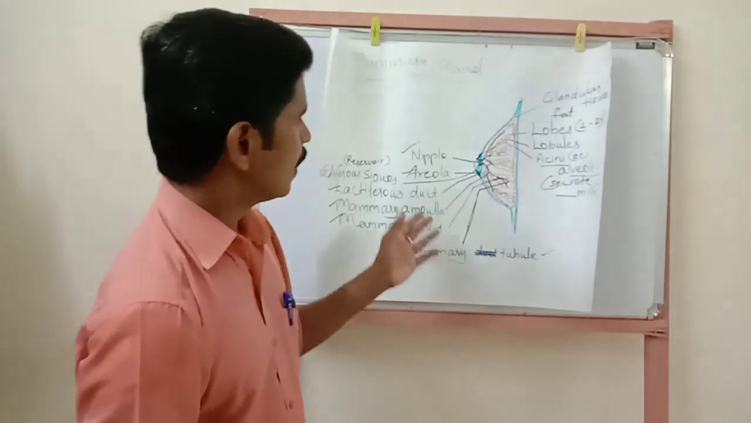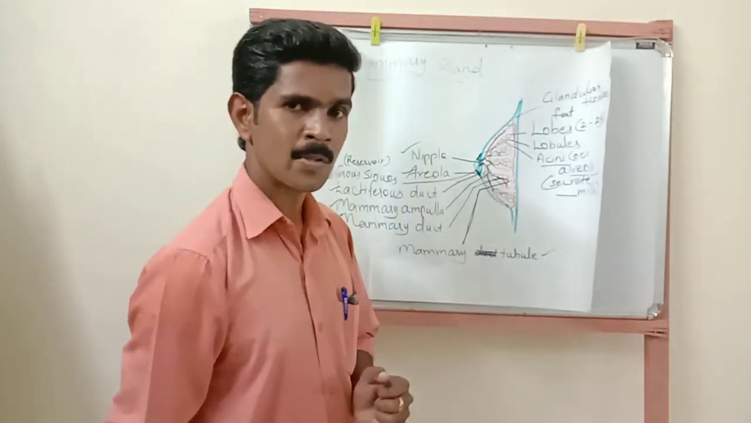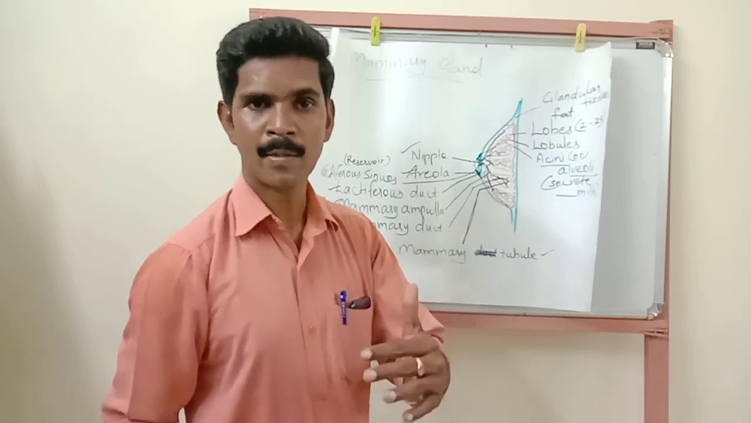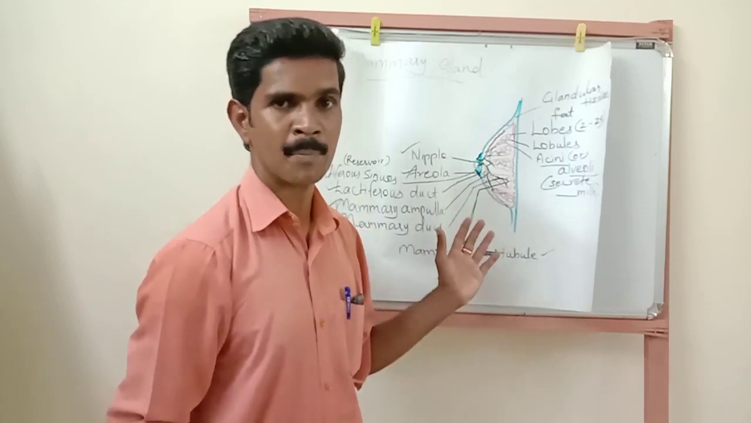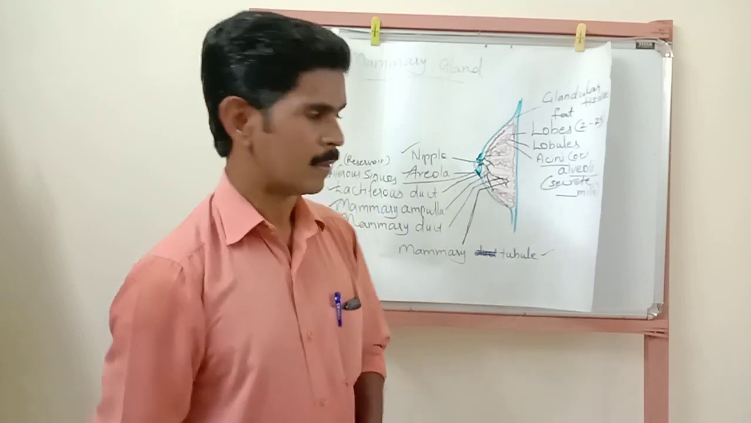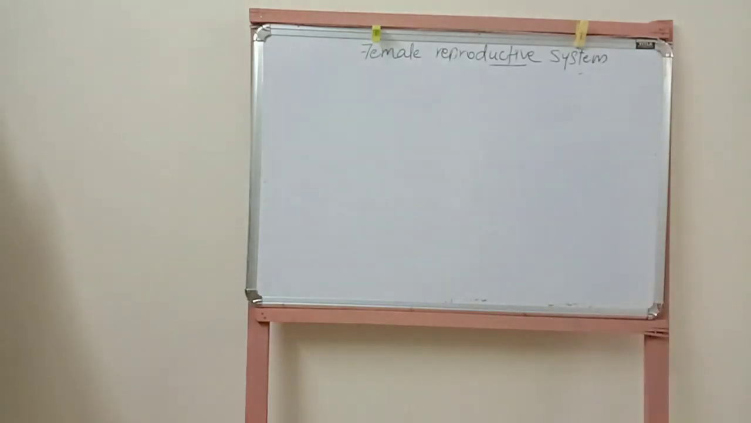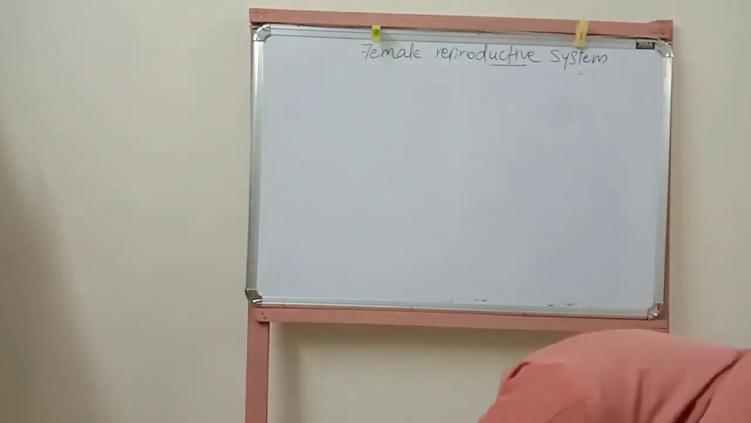Understand? So listen, now we completed the structure of the mammary gland. This mammary gland also comes under the female reproductive system. It's one of the female reproductive organs. Understand? Then next,